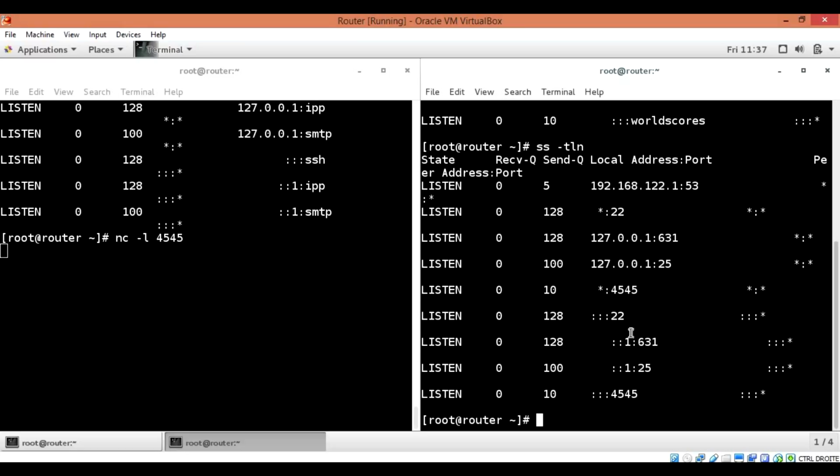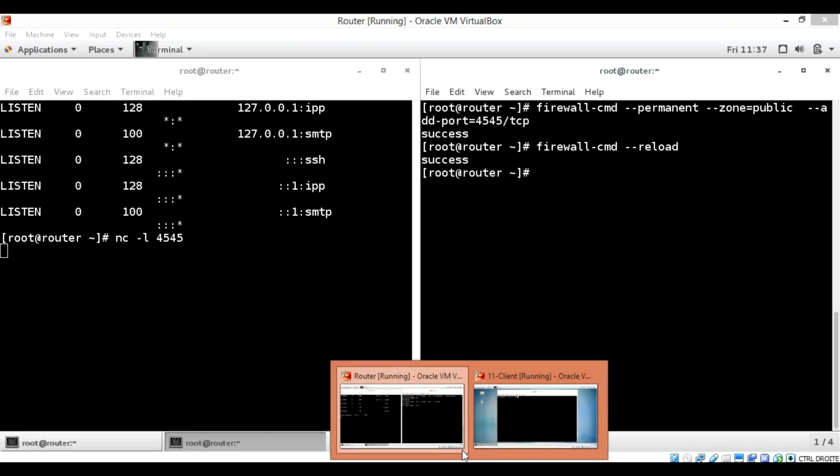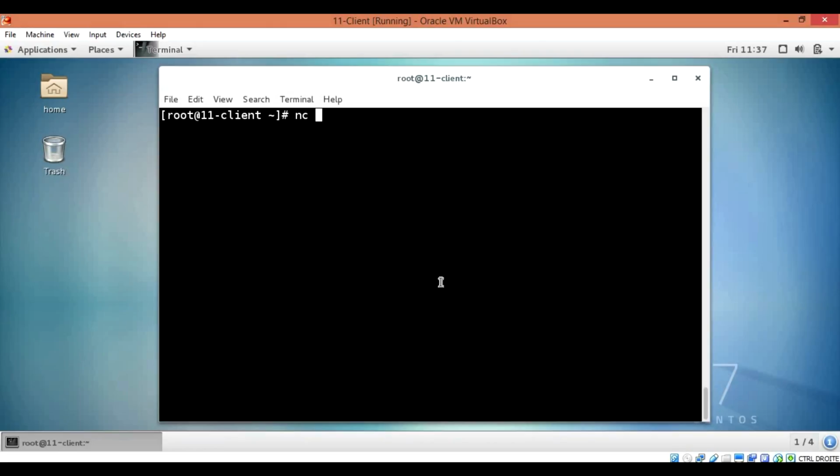Let's open up the firewall for the port 4545 so we can communicate to it from another system. Alright, firewall-cmd --permanent --zone public --add-port=4545/tcp, and I will reload the firewall with firewall-cmd --reload. And then on my other system here, I will connect with nc,